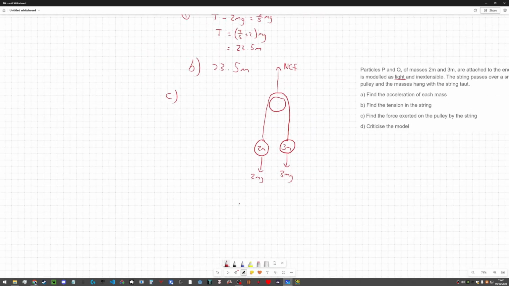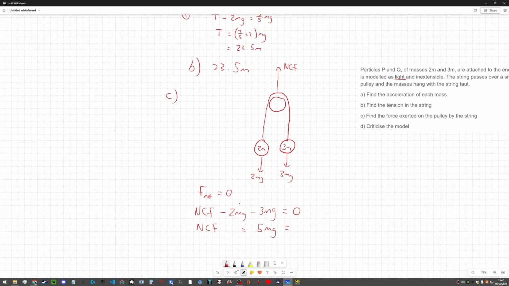Since it says that the pulley is fixed, we know that this remains in place, and as such this system must be in equilibrium. So you can say that the net force is equal to 0. But we can also calculate the net force using our normal contact force minus 2mg minus 3mg. That also gives us a net force, so this must be equal to 0. Therefore, our normal contact force is equal to 5mg,